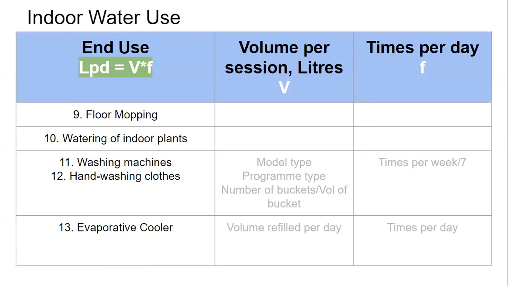So you note that. With the help of knowing whether it is a top loader or front loader and what program it is, we are able to estimate the volume of water that gets used for each wash. The other question we ask is how many times they load the machine in a week. Some people may load it every day, so in that case they'll say 7 days a week. Some may say we only do it twice a week. So you note that. Later on we'll be dividing it by 7, because we are interested in looking at how much average water gets used per day. So we will take that into account at the time of analysis.